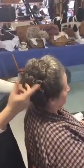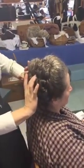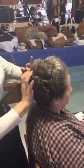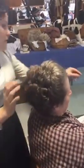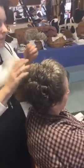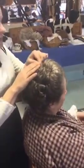So just to kind of explain what we did, we took this front section here, we rolled it with some wool, all right? And then we took this section here, again, rolled it with some wool. We took a section on each side and we twisted them and just kind of twisted them up and pinned them. And this third section back here was the last section, and we just took and we rolled it with some wool. I do have a few hairpins that keep trying to pop out. But I think that's kind of normal. You'll have to just kind of...